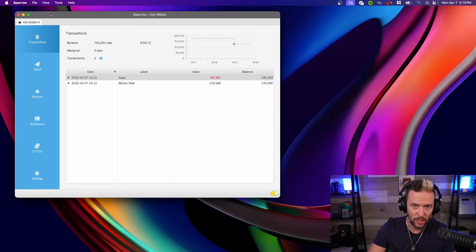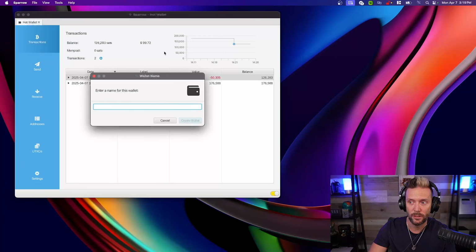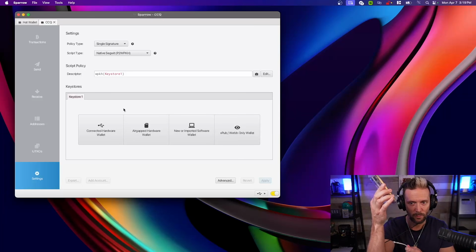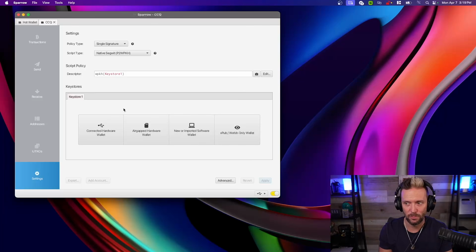Let's do it one more time, but we'll import it a different way. File, New Wallet. We'll call it again CCQ. Create Wallet. This time, I'm going to choose air-gapped. Again, if I was doing it plugged in, if I was just recovering, I could hit connected, do the same thing. It would be right back. Notice, I'm unplugging my device from the computer. So we are going to choose